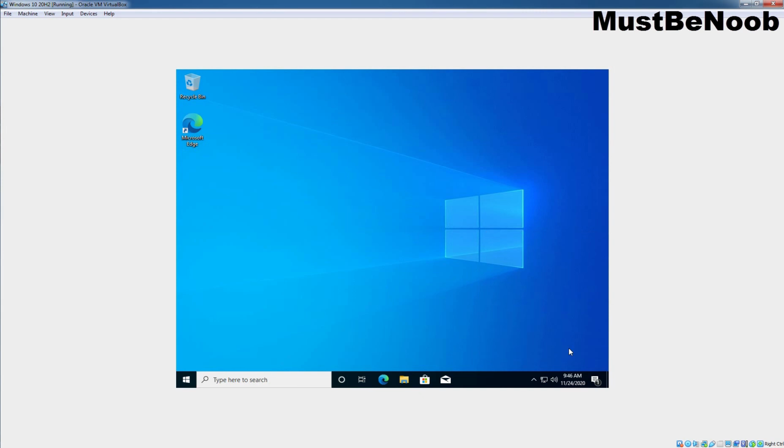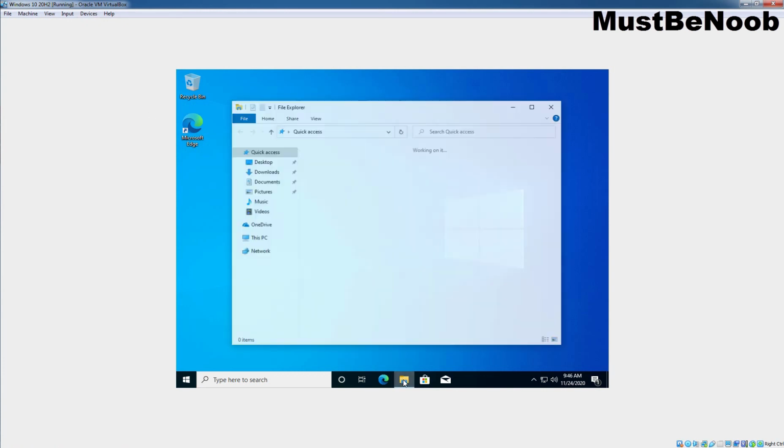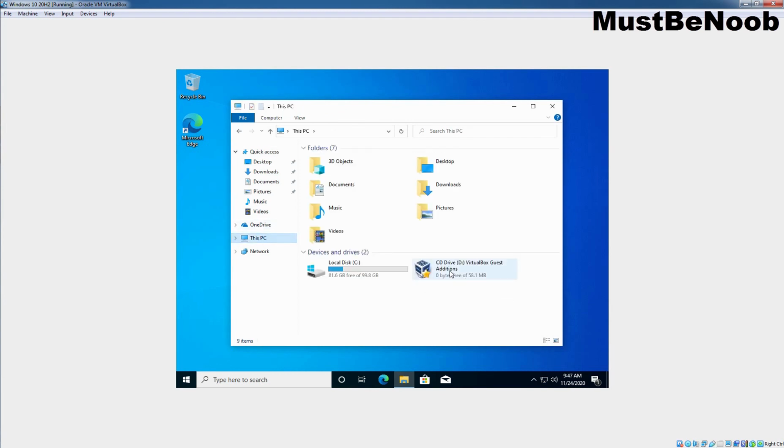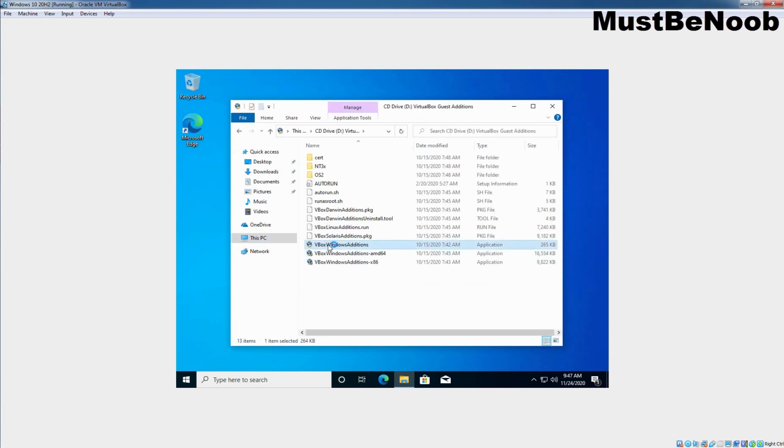In the first step, we are going to install the Oracle VM VirtualBox Guest Additions tools. For that, I'm going to click on Devices, and then click on Insert Guest Additions CD image. Let's click on File Explorer. Click on This PC, and let's double click on the VirtualBox Guest Additions icon. Let's double click on VBoxWindowsAdditions.